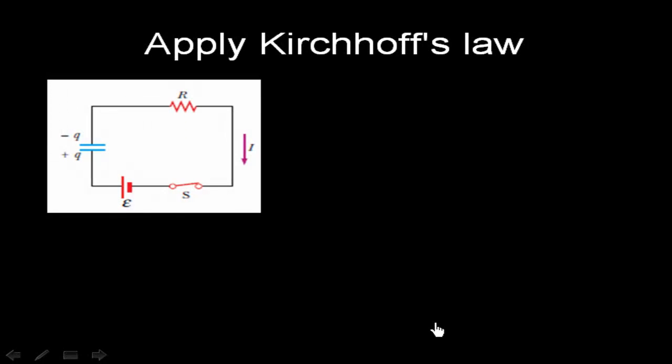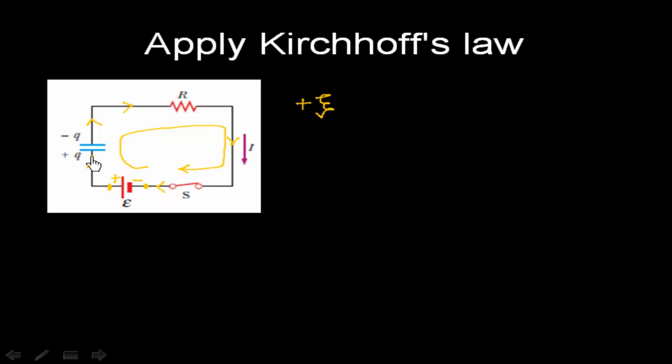So let us apply Kirchhoff's law to this circuit. We have positive charge going here. Let us say this plate has plus Q charge and this plate has minus Q charge, and the direction of current in this circuit is something like this. Now if I start from this point and cover this whole circuit, we can write Kirchhoff's loop law. If I go from this point to this point, basically I am going from the negative to the positive pole. There is an increase in potential, and an increase in potential is given by a plus sign. So this is plus xi.